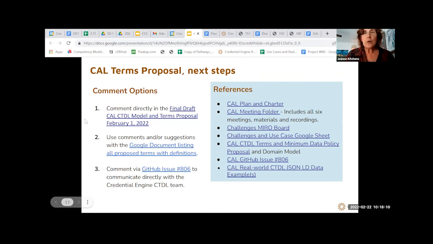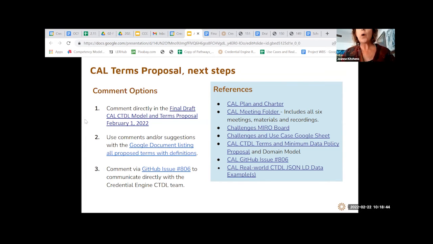And while folks are thinking about that, we do provide the links to all of this information. You can feel free to review the draft and give us feedback. There's a number of different ways that we offer to provide that feedback that range from, for those of you who are technical and want to use our GitHub issue, to those of you who just want to read a Google document and add a comment, or send us an email. All those options are available to you.